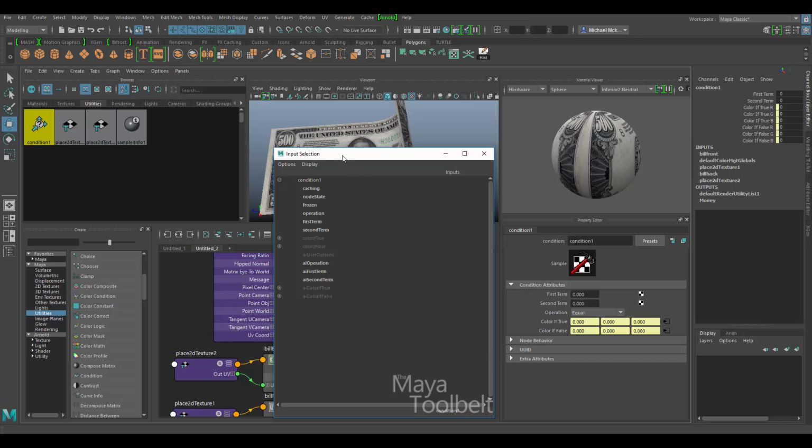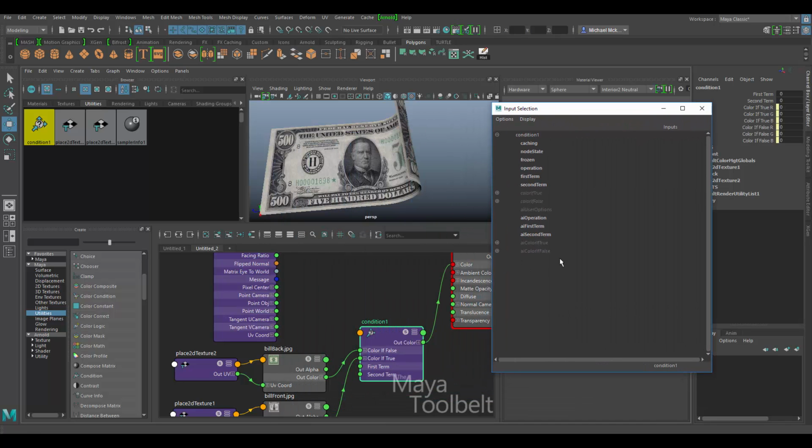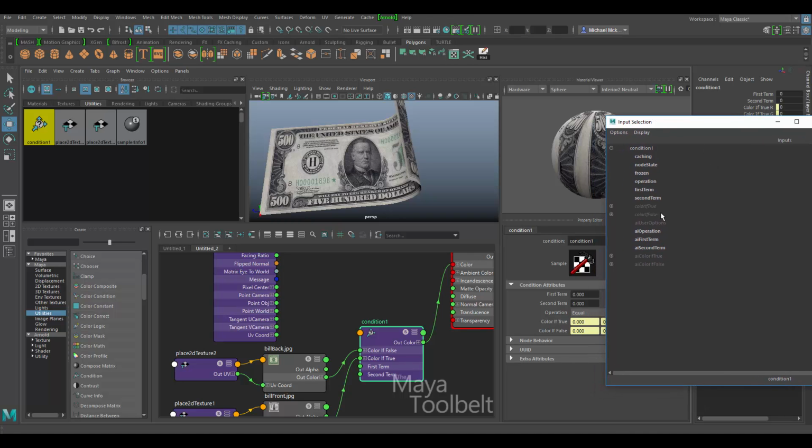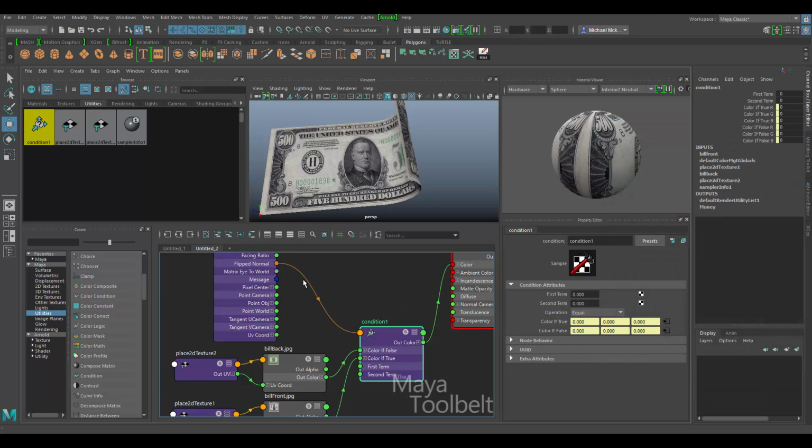And when you click on other, it's going to bring up this list of attributes you can use. And then what we're going to use is operation. Operation is the question that's being asked to get a true or false answer. The question is going to be, are the normals flipped? If I click on operation, you can see, boom, we got this orange arrow coming out from flip normal down